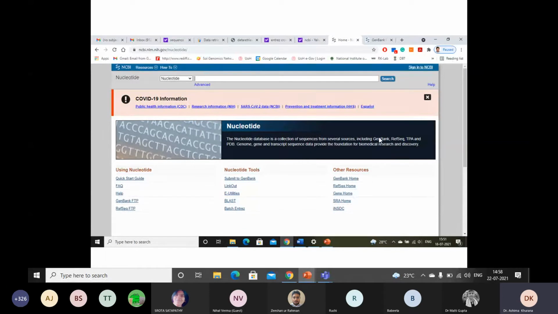Then there are other resources: GenBank Home, RefSeq Home, Gene Home, SRA Home, INSDC. These will be talked about in the hands-on session also.